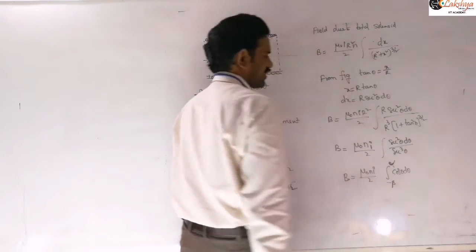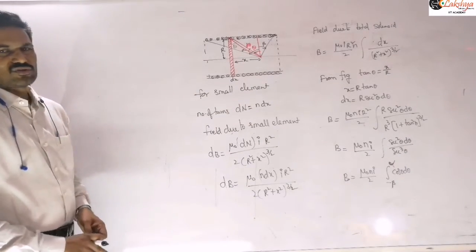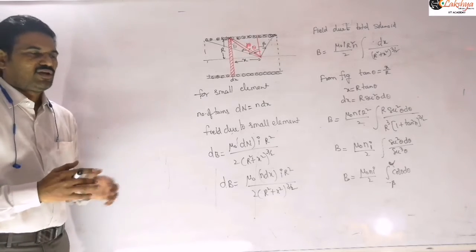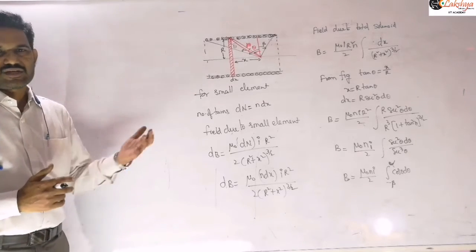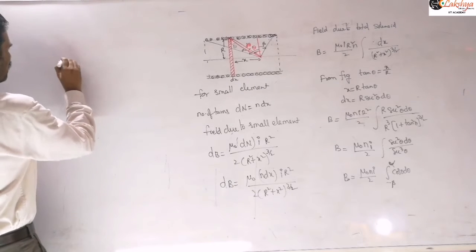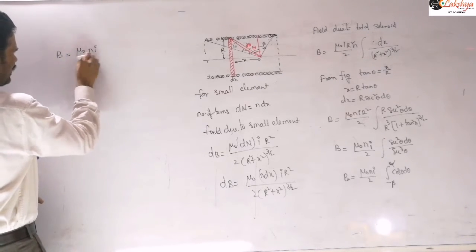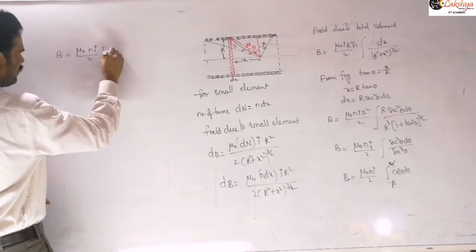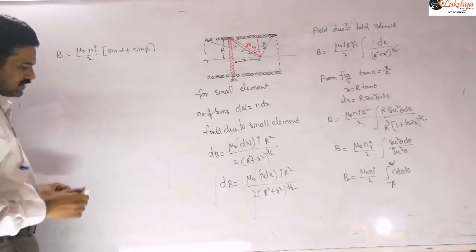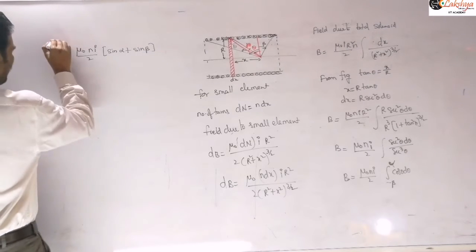Is it clear why we are taking that negative sign? It is similar to our straight wire. For the straight wire also we got a similar case. Both angles are defined on opposite sides of the normal, so for one of the angles we consider it negative. So here also we are taking the same thing. If we simplify this, B is equal to mu naught n i by 2 into sin alpha plus sin beta, right? So that is the magnetic field due to this solenoid of finite length.